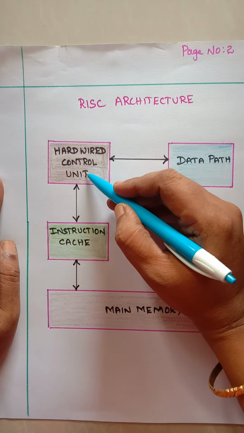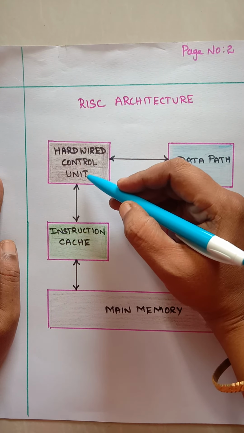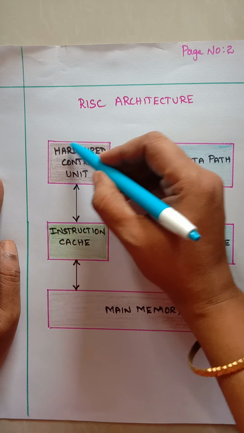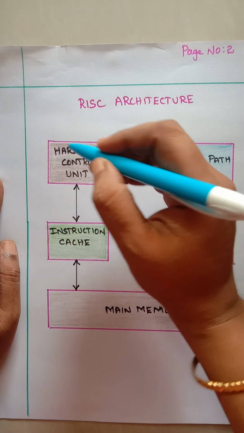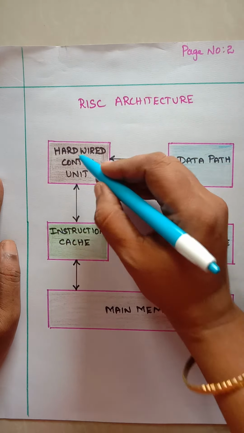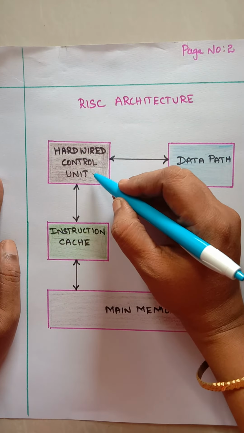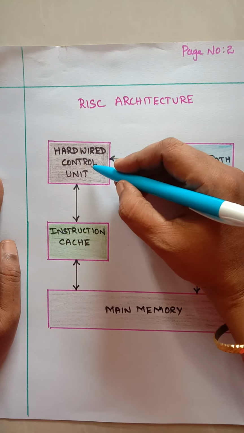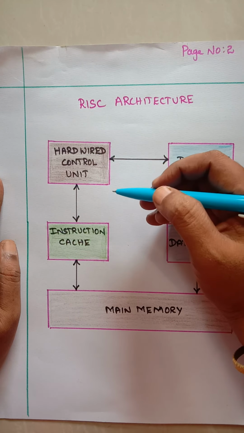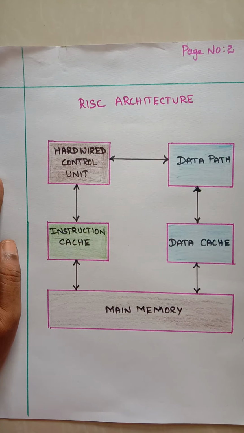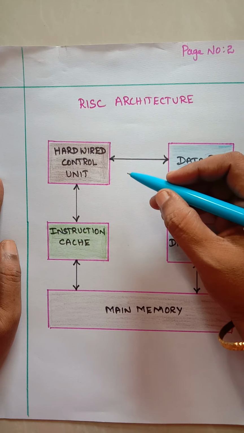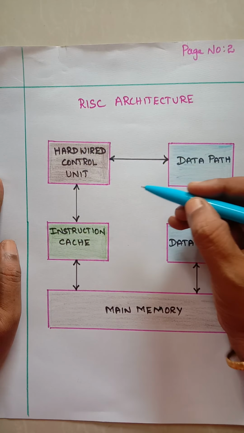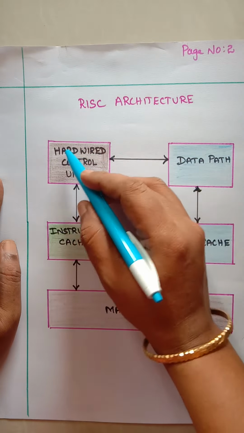Now we are going to see about hardwired control unit signals. It works based on the wiring of logical elements. That is, how the logical elements and hardware paths are wired in this unit produces some signal. That signal is called the control signal, and it is also based on the content of the instruction register, the condition codes, and the external inputs. The state of the machine gets changed in every clock cycle. So this is what is called the hardware control unit. Based on the logic of connections, it generates the control signals to the other parts.